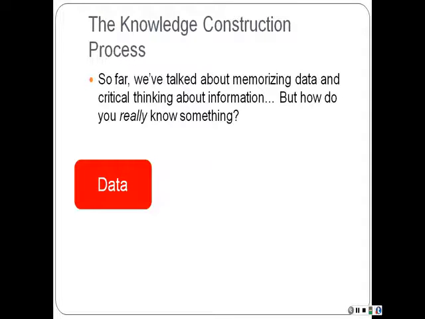Then you go through a process when you come in contact with data and you're forced to understand it. And that is where you take the data and the contextual information along with it in order to create information. That did not come out the way it was supposed to. But it's supposed to say information, one word.